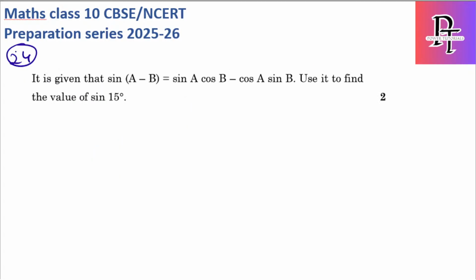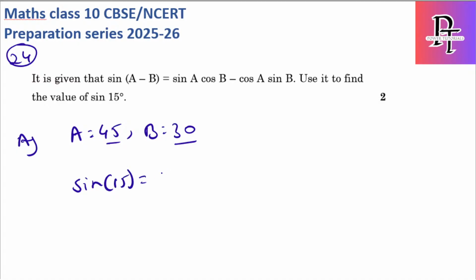The given is sin of a minus b is sin a cos b minus cos a sin b. Use it to find the value of sin 15. Okay. So sin 15 we can easily solve by keeping a value as 45 and b value as 30, because we know the values of 45 and 30. Now I'll say sin 15 is sin 45 cos 30 minus